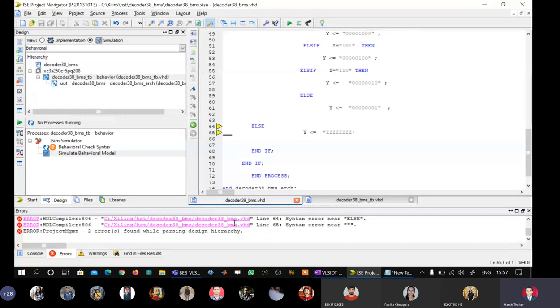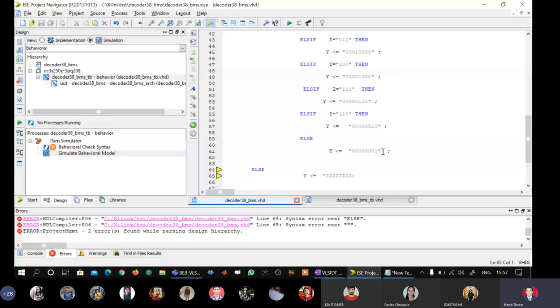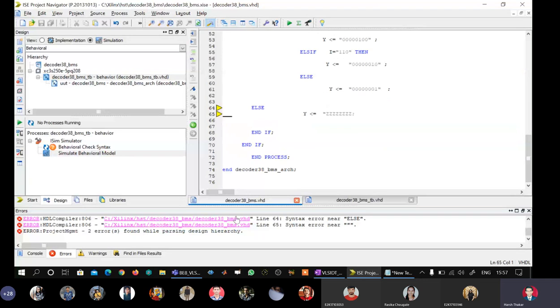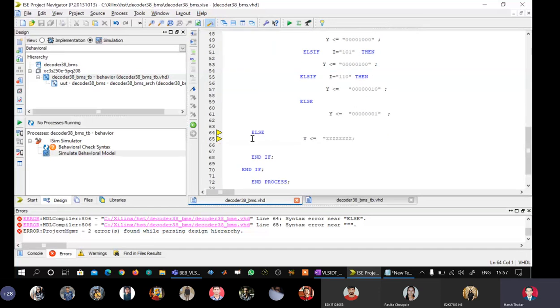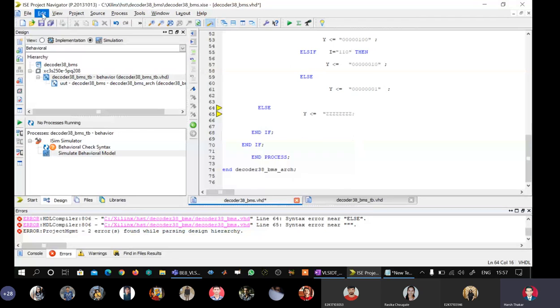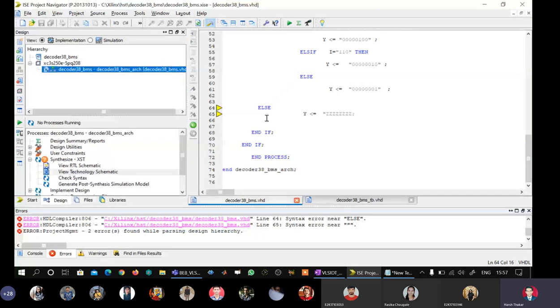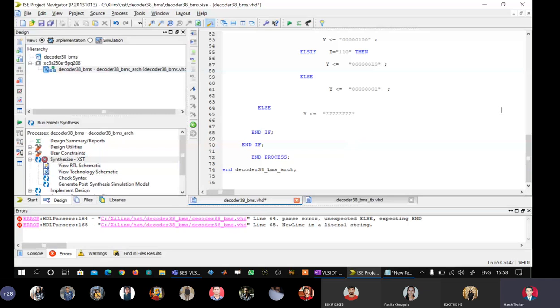Else syntax error. Actually I forgot to put the closing, that is what is giving an error.